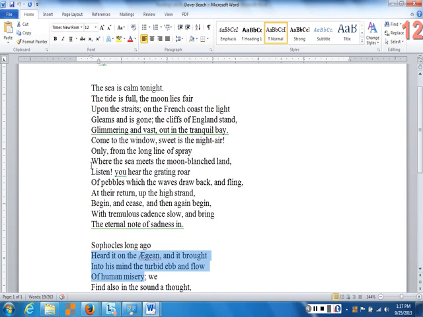Okay? Now, Sophocles, who wrote tragedies about human misery, heard, the speaker is speculating, all right? He's speculating that this eternal note of sadness, which seems to be our new subject, in the ocean is something that Sophocles would have heard. Okay? And Sophocles was reminded by the sadness in the sound of the ocean. He was reminded of human misery.